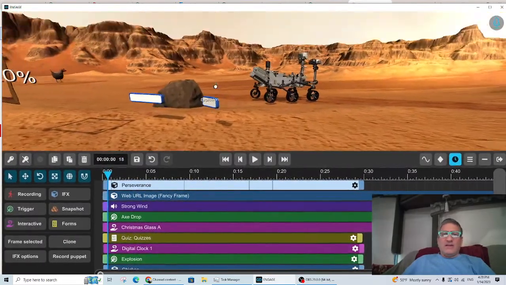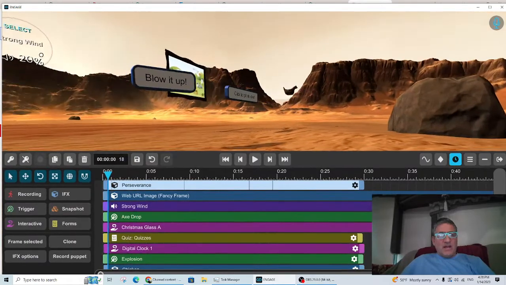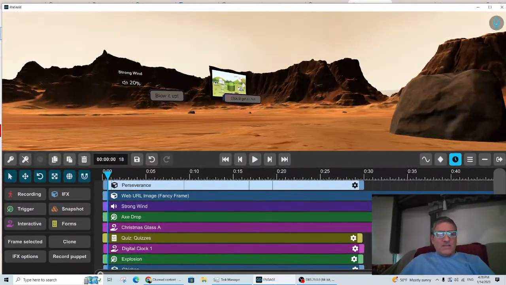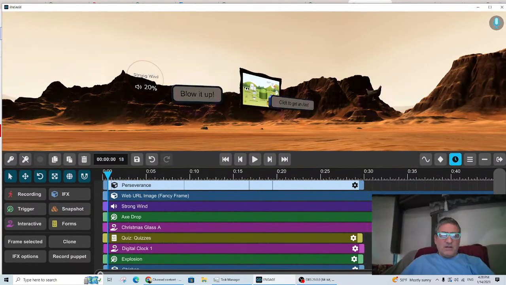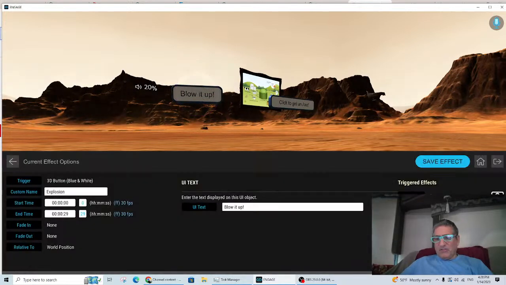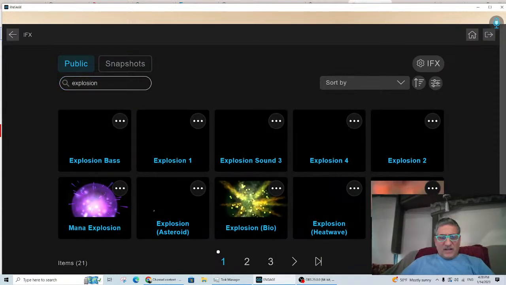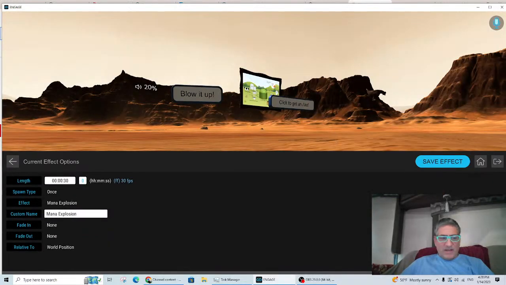Alright, so if I go around again, here I have these buttons that I put in, and the buttons have effects associated with them. So if we look at the blow it up button, which is this one here, you can see it's called the explosion. It's an interactive button. When you click on the little gear, you open it up, I have an explosion and a sound that I added, and I can add other things to it as well. So I'll go to an interactive effect here, and I'll go to explosion and filter, and I have the bio explosion, but I also might want to put in a mana explosion on top of that,